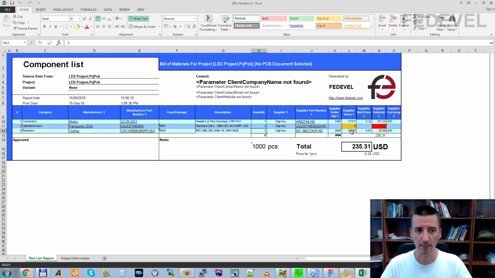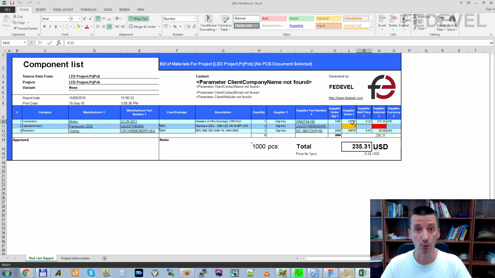So for example, you can very nicely see that right now they don't have this LED in stock in DigiKey. Also, the price right now for this connector in DigiKey is 0.22.